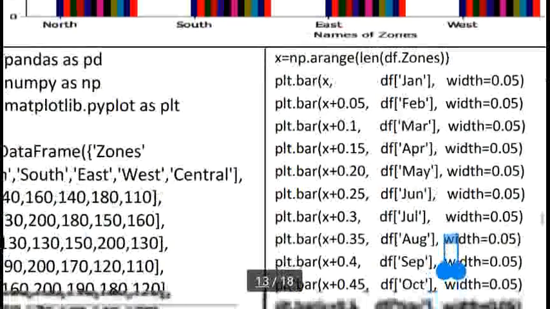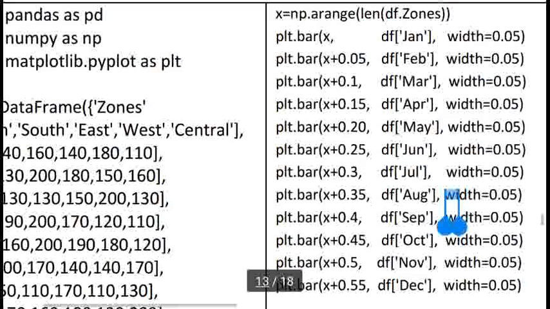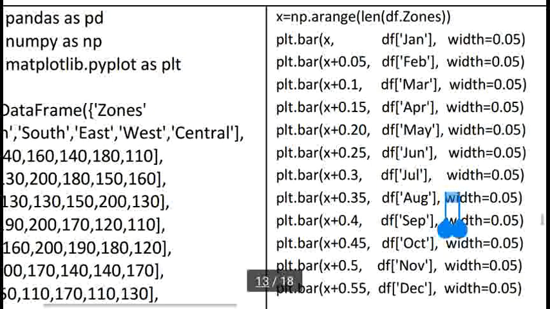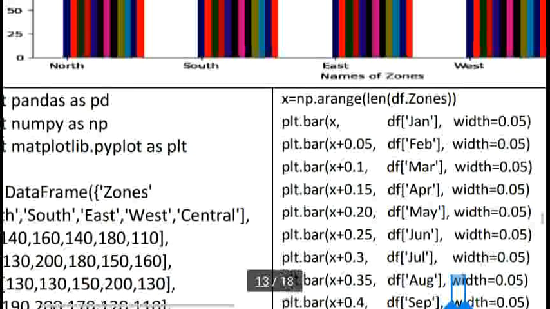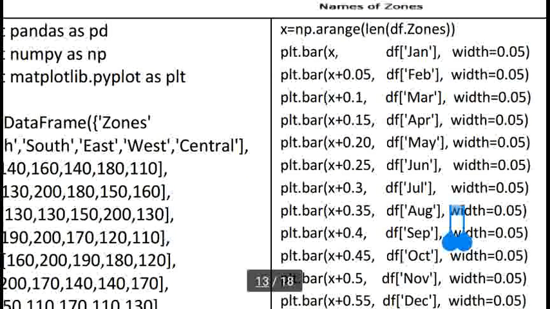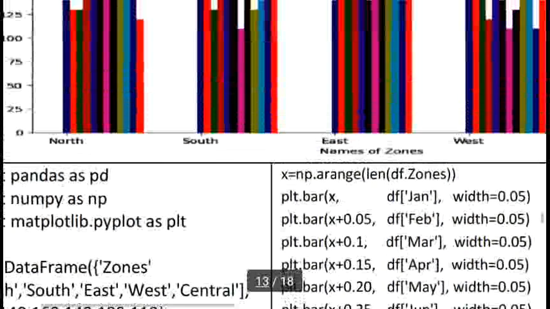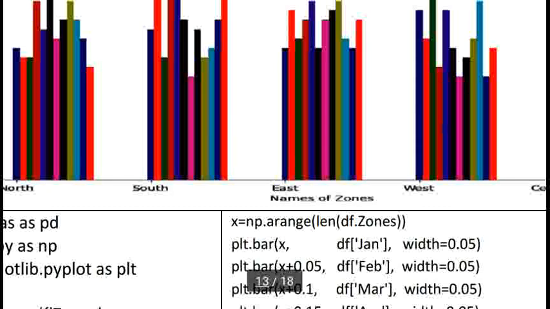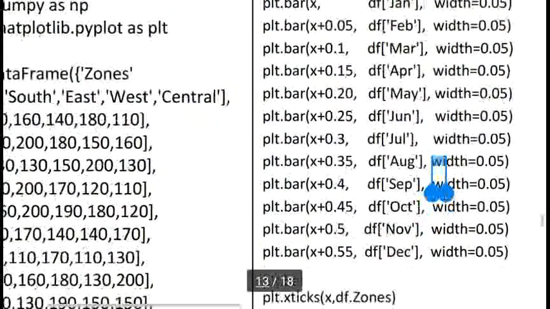You can see all zones with proper gap, and the last width represents only the bar width. x plus any numerical value represents the position of the vertical bar, where to place it. And the last width 0.5, every column you can see has exactly 0.5 width. So here I am using this type of style.